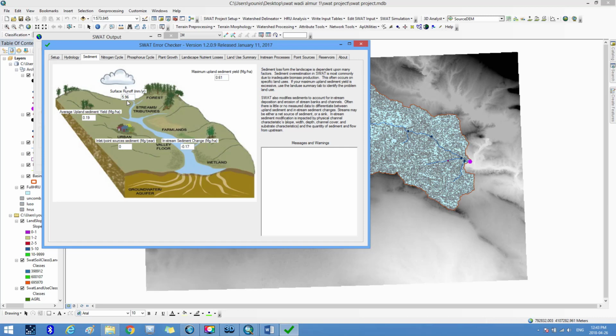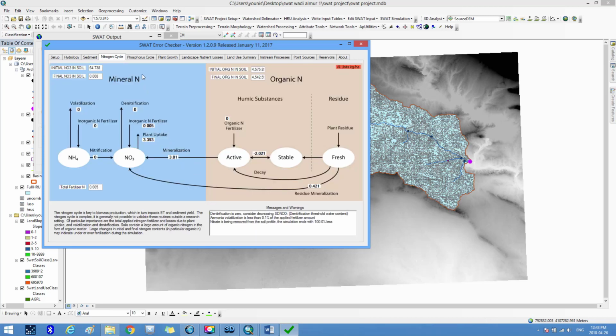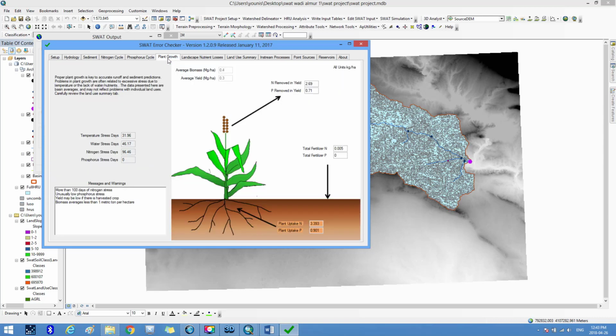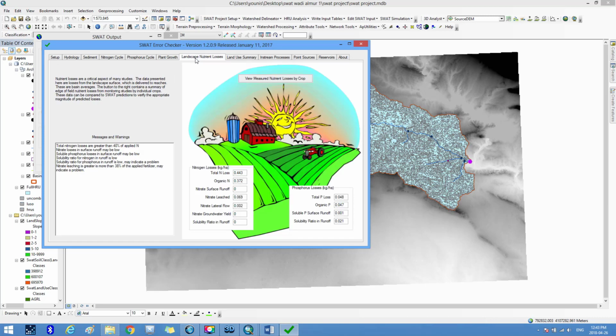Then we go to the nitrogen cycle menu, and then to the phosphorus cycle menu, then to the plant growth menu, then landscape nutrient losses menu,